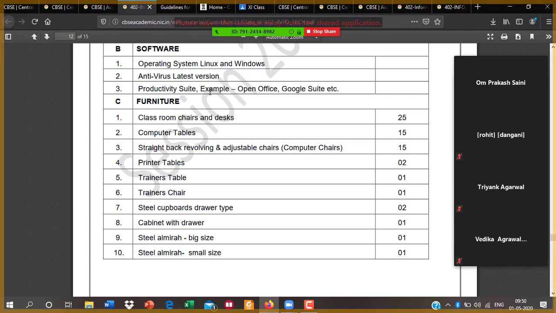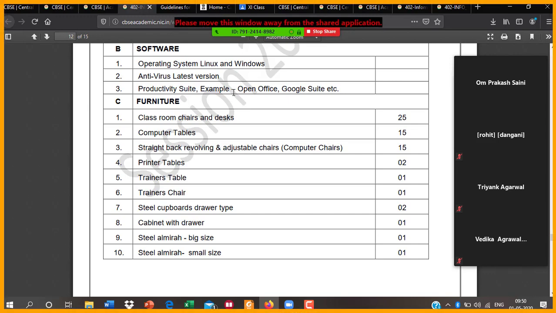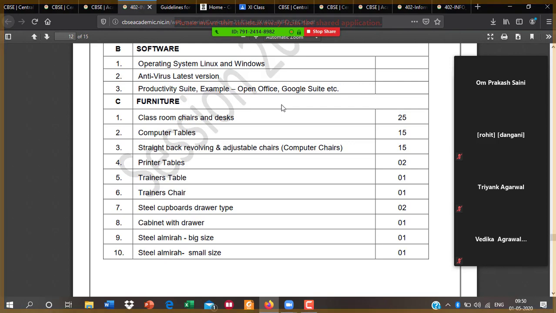And the productivity suite means we will perform our digital documentation, spreadsheet and presentation operations in OpenOffice or Google Suite. There are many software, for example Microsoft Office, WPS Office, LibreOffice. We have many kinds of office software, but we will use Apache OpenOffice.